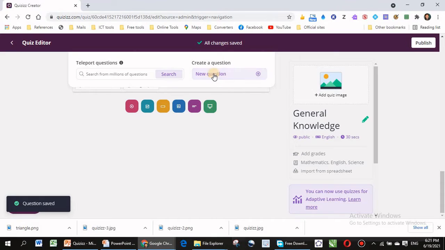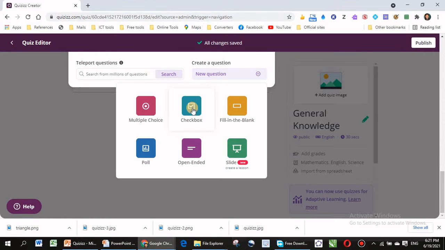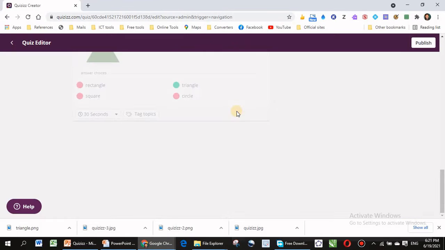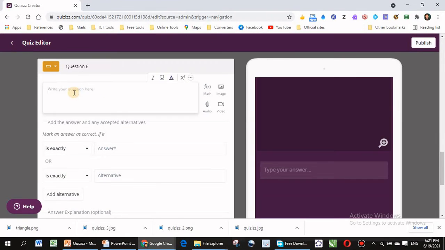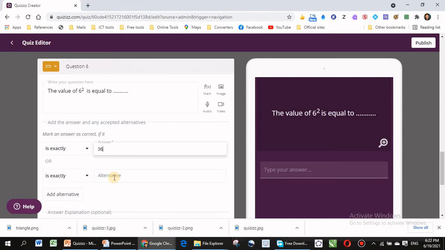Then again I am going to make another question. Click on new. Click on fill in the blanks. And the value of 6 square. 6. Click on this button here. This button to write power. Then 6 square is. Then again click on this same button. Is equal to... The answer is exactly 36.